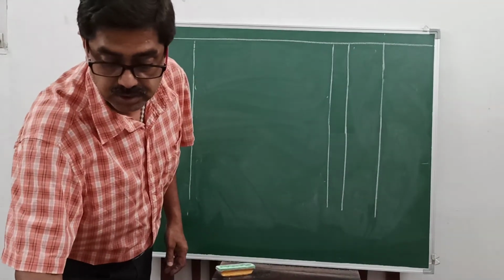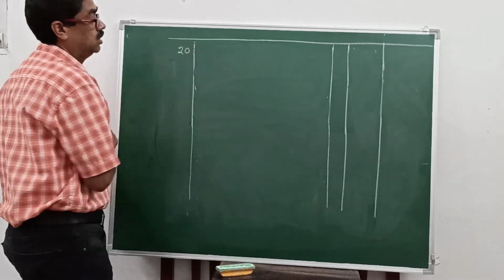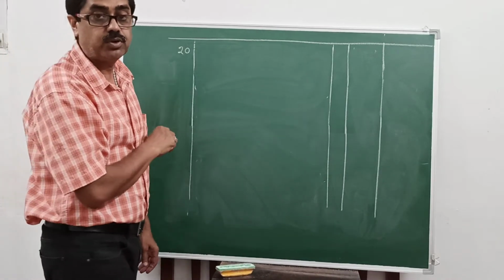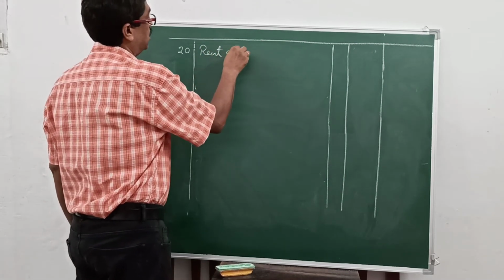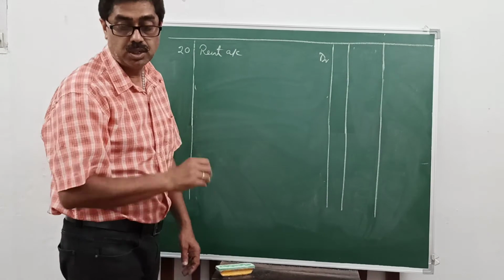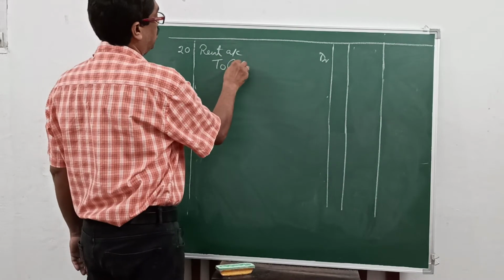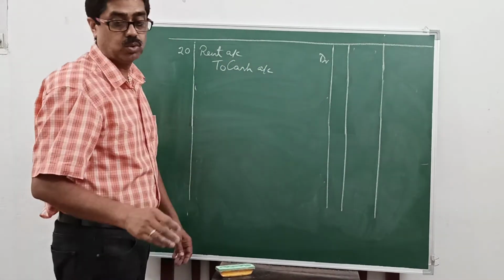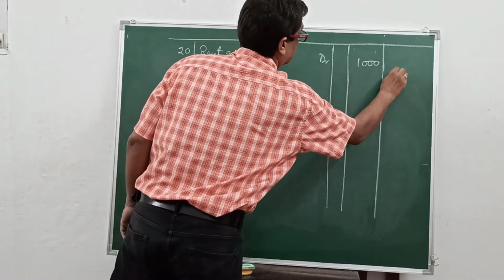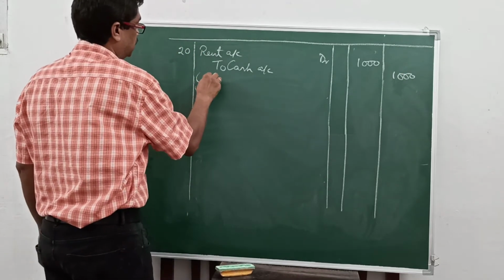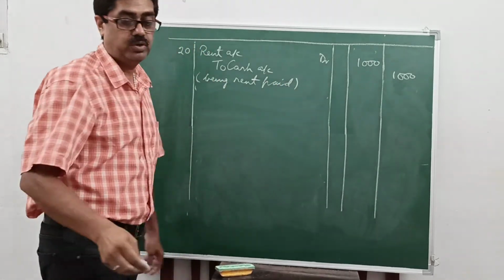The next transaction says on 20th, paid rent for the office. Leave a line. 20th, paid rent for the office. Now rent is an expense. Debit all expenses and losses. Rent account debit. It belongs to the nominal account. And since you're paying rent in cash, it's understood, though unmentioned there, to cash account will be credited. Real account, credit what goes out. Amount being 1,000. Being rent paid. You can also write for office.